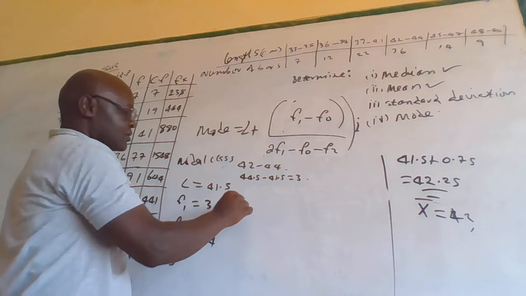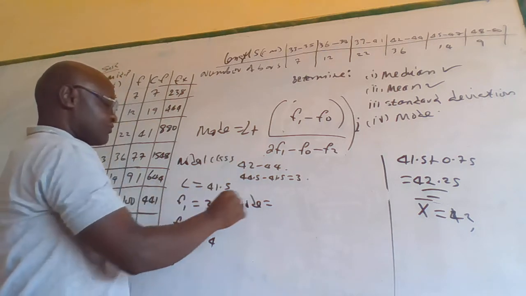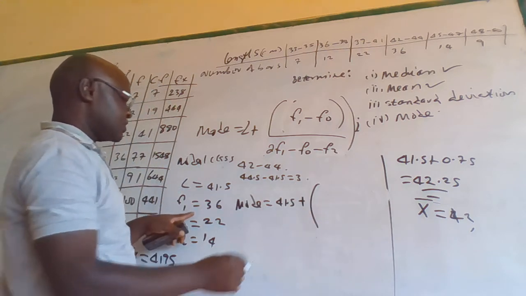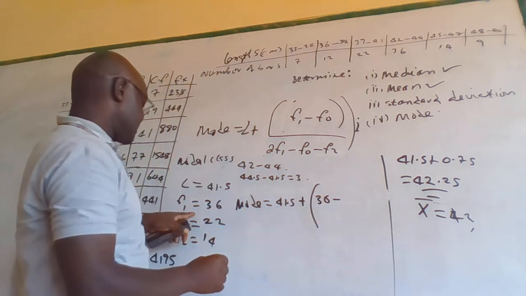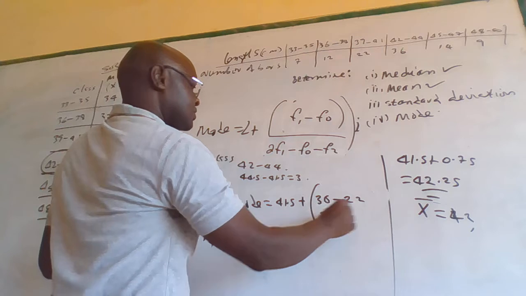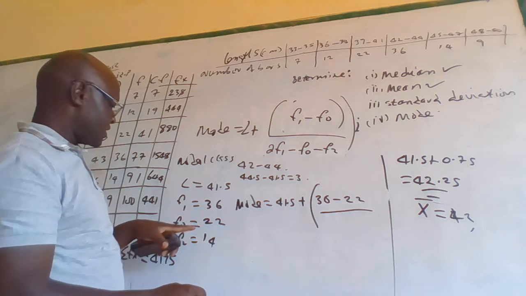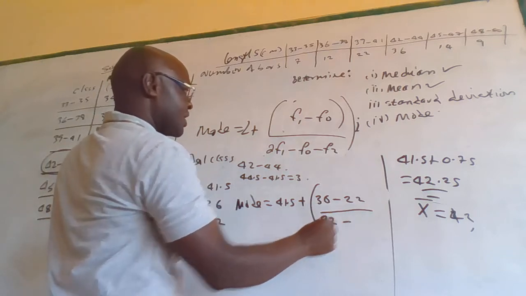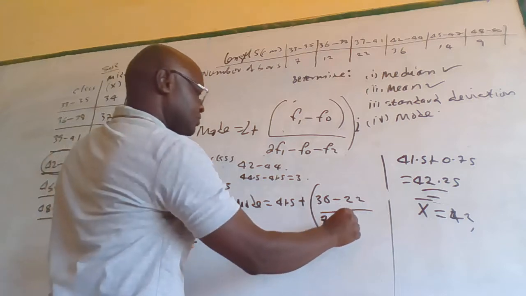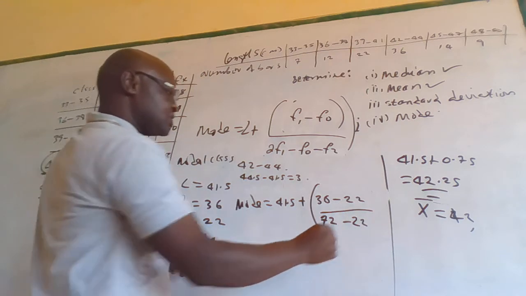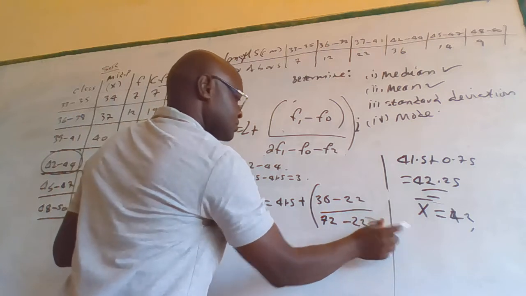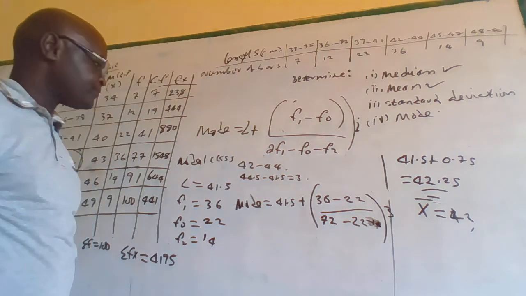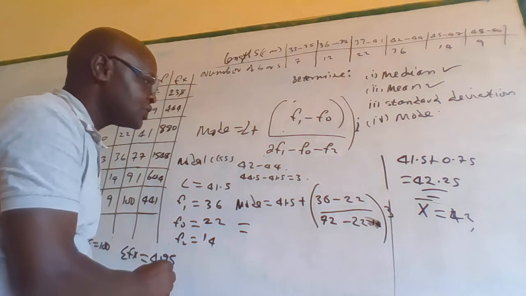Therefore, mode will be equal to now L is 41.5 plus now 36 minus 22 over 2F1. F1 is 36, times 2 is 72, minus F0 which is 22, minus F2 which is 14. Then of course times 3. So this equals to